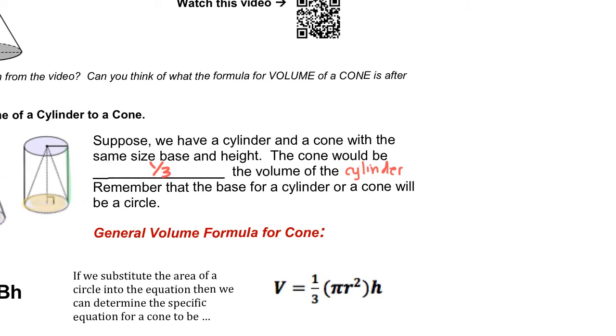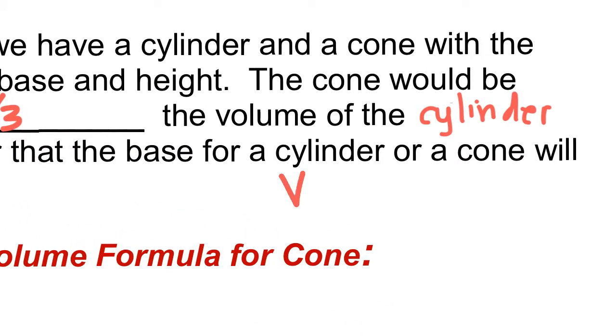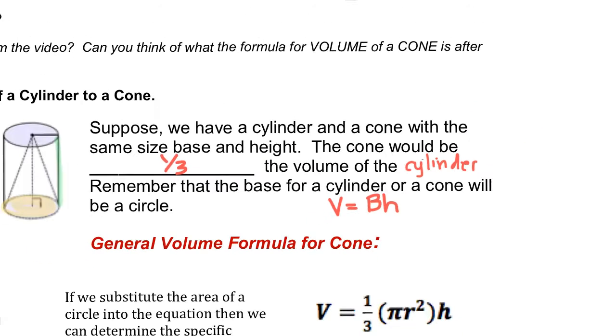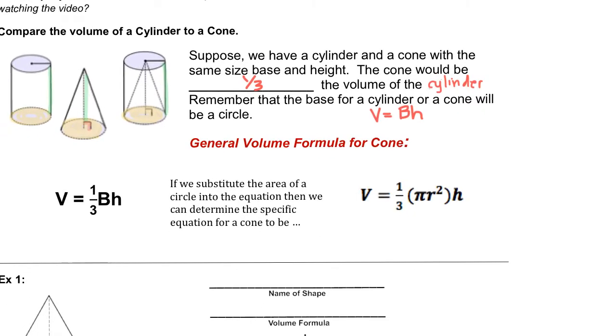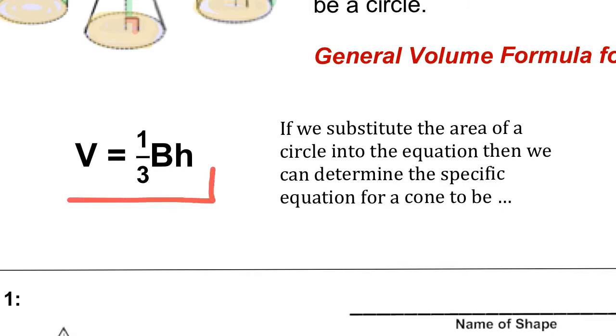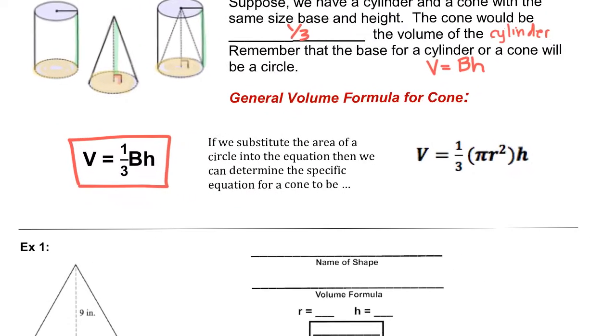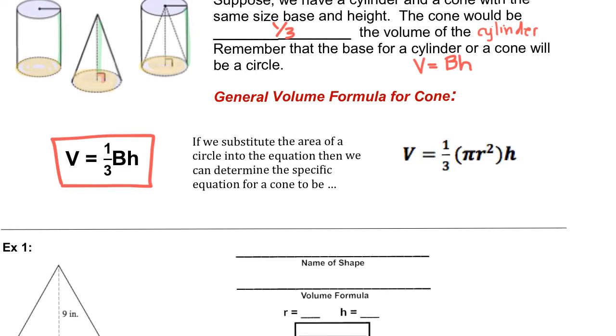Now remember that the base for a cylinder or a cone will be a circle. And we remember the volume of a cylinder was V equals area of the base times the height. So now to write that in terms of a cone, we're going to have 1/3 times the base times the height. Now if we substitute the area of the circle in place of the big B, remember it's so big, it's a whole formula,